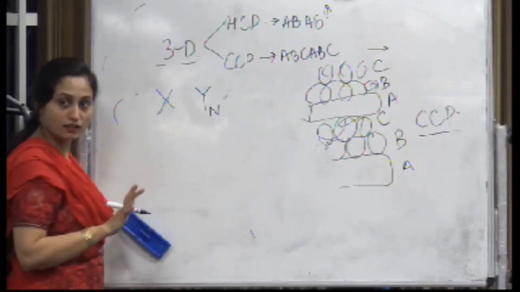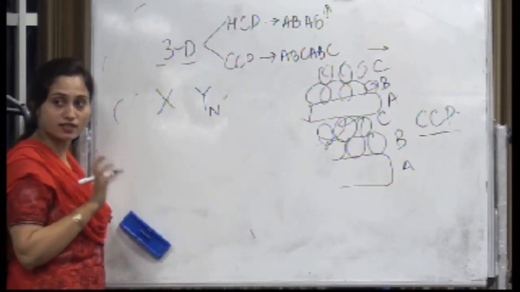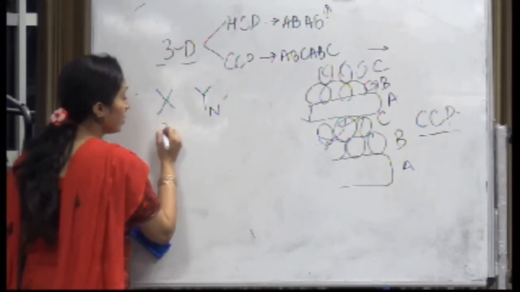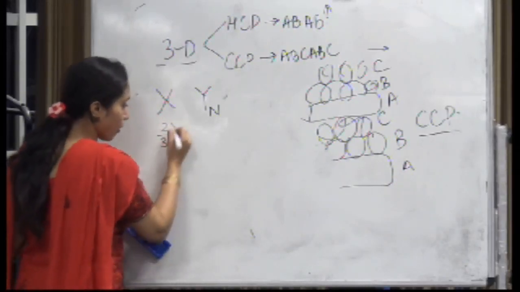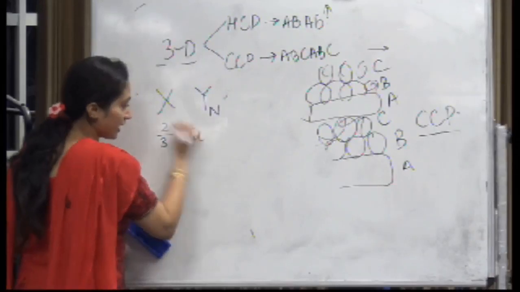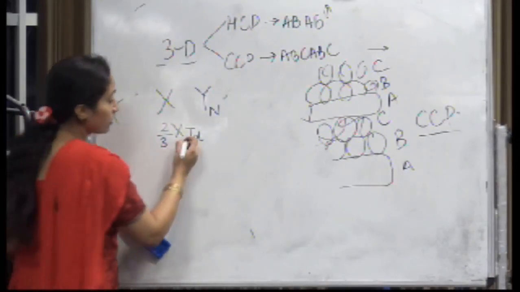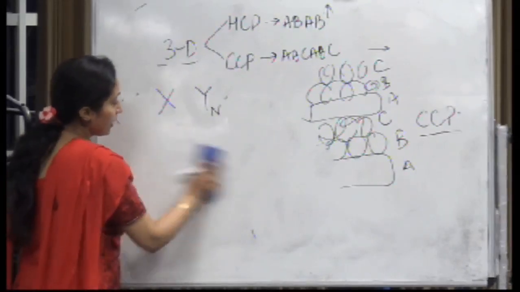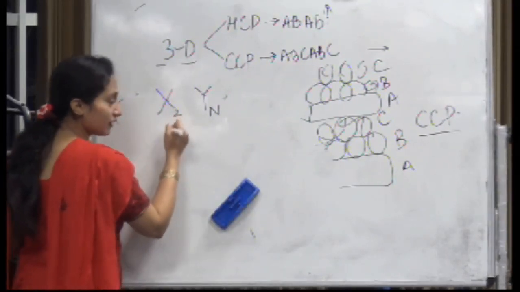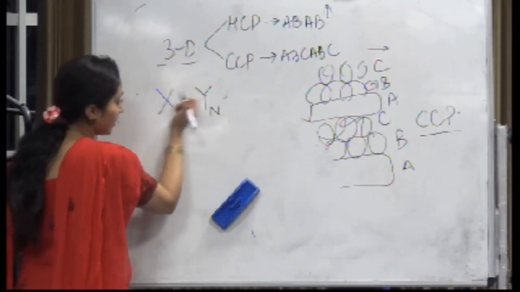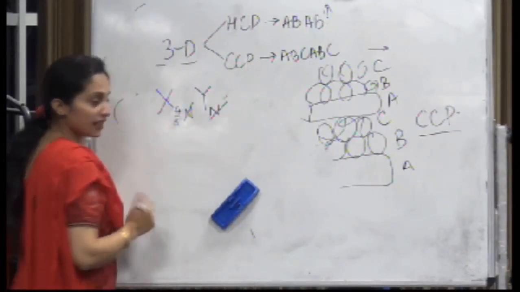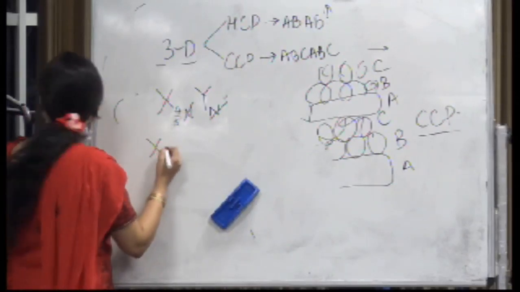So that was n, because the total number of octahedral voids is equal to n, and x occupies twice 2/3 of the total number of tetrahedral voids. Now the total number of tetrahedral voids will be equal to 2n. So x will be equal to 2/3 into 2n, that is 4/3 n. Of course you cut the n and n, so the formula that you have actually written is